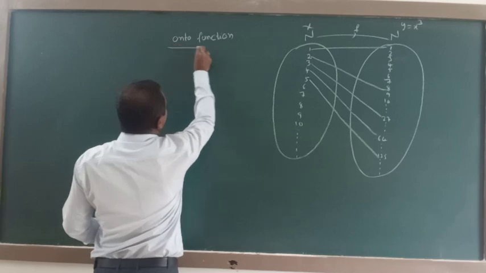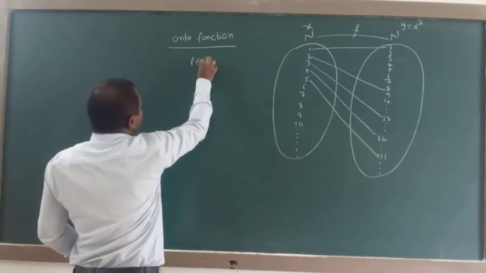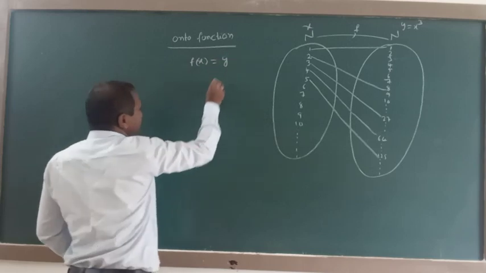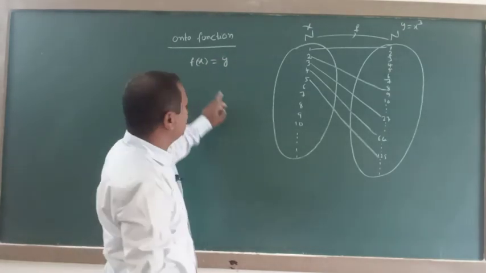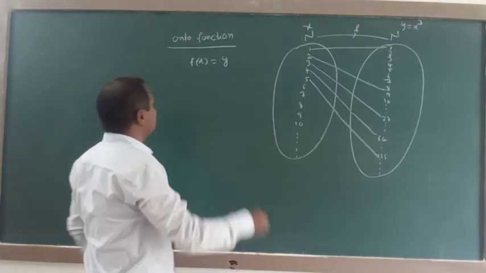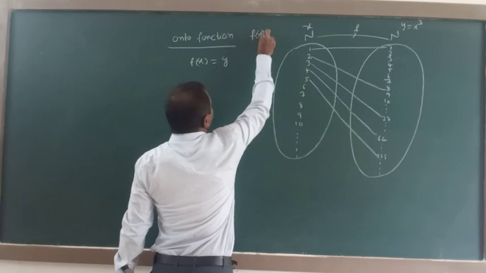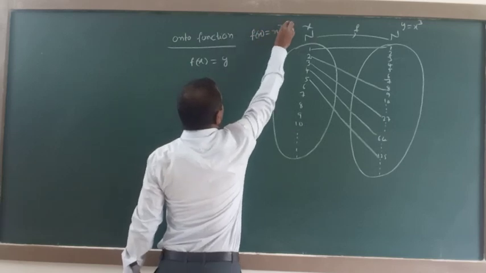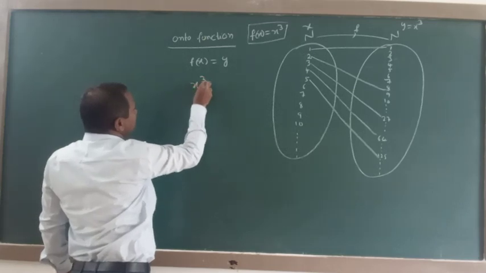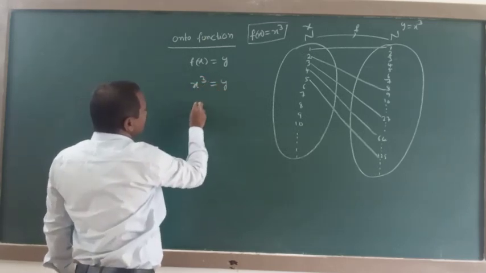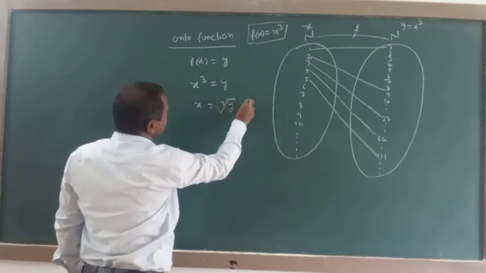Onto function. The onto function formula is f of x equal to y. The given function here is f of x equal to x cube. That is, x cube is equal to y, or x equal to the cube root of y, because these types of